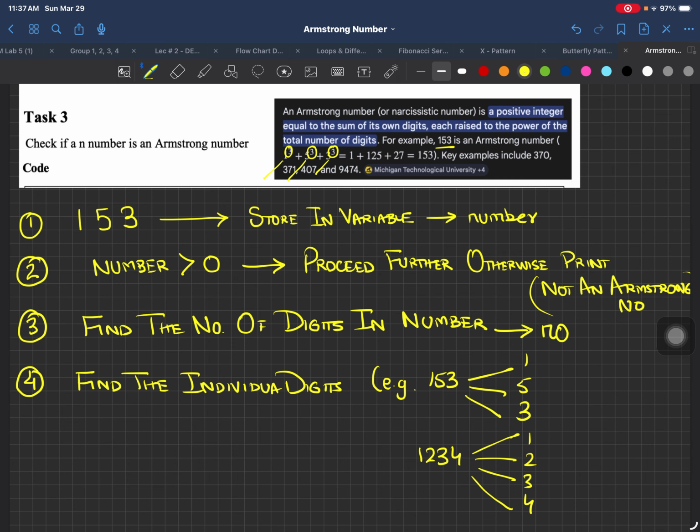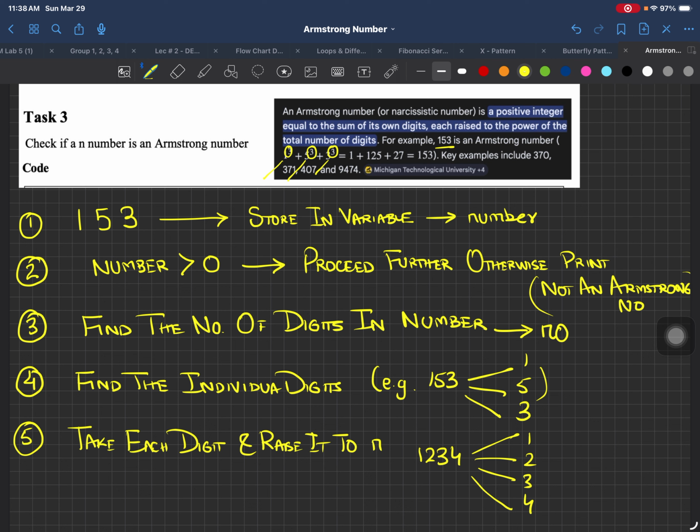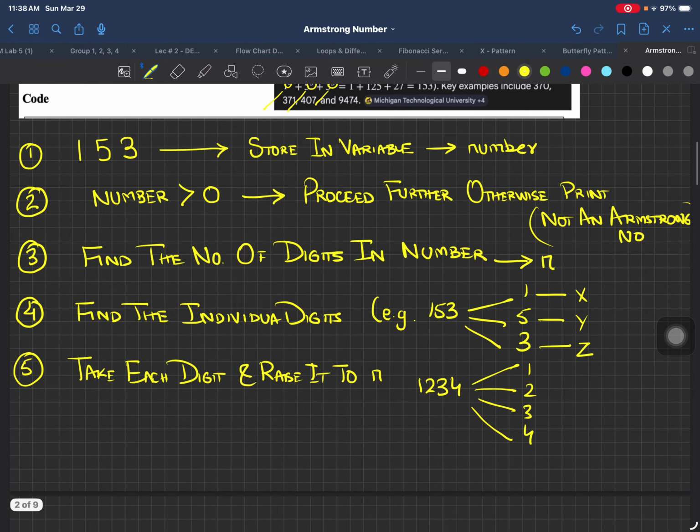Now when you have found these individual digits, what you are going to do here is take each digit and raise it to n. Don't call it NO, because NO means something else, so I'm just going to raise it to N. Just for example, instead of 153, I have a 3-digit number. I'm calling these X, Y and Z, to make it generic. So you're going to have X raised to power N,